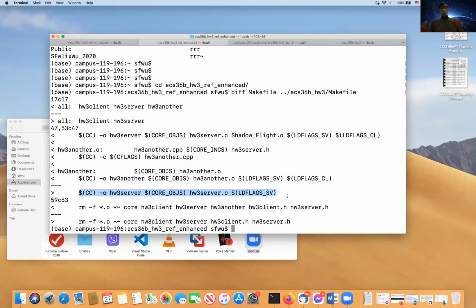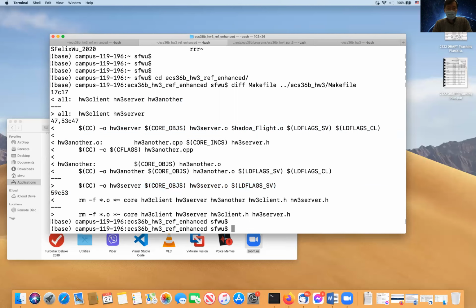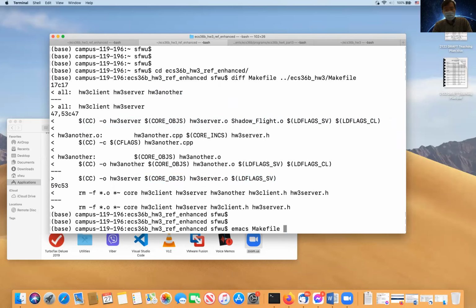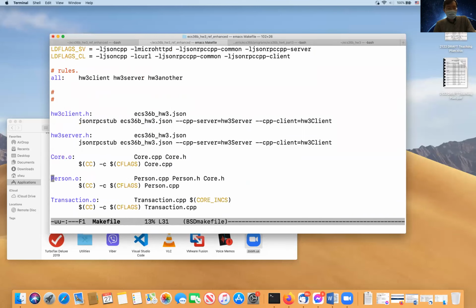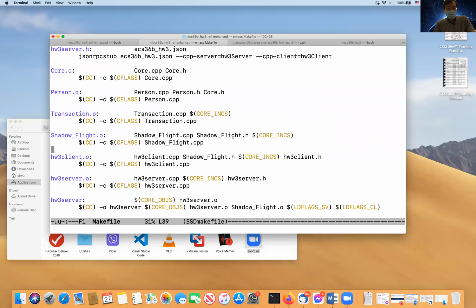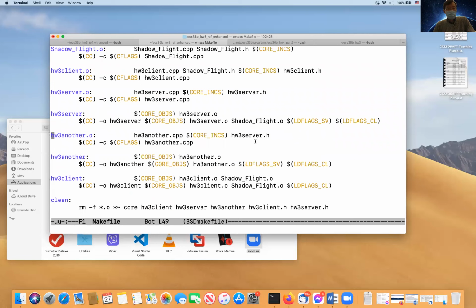So let's actually parse that line very carefully. Let's go to the makefile. What is that line doing? That was the issue that I got into trouble with on Monday. This is the line I was talking about. Okay, so let me tell you, the original line looks like this.